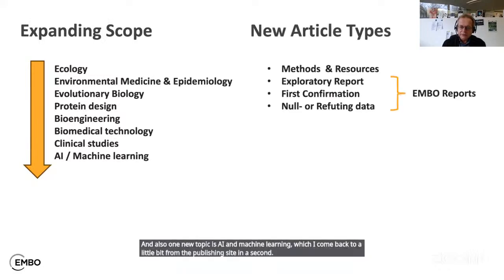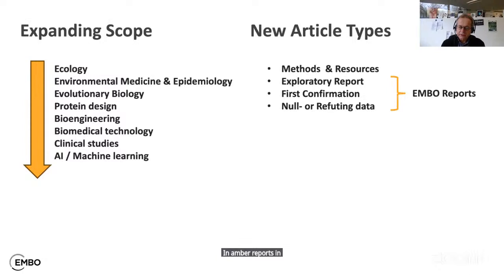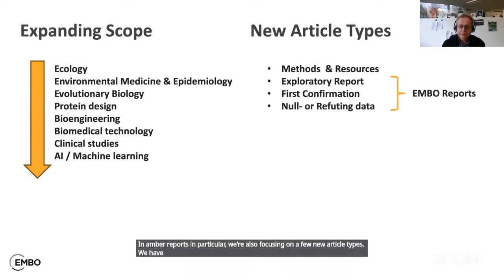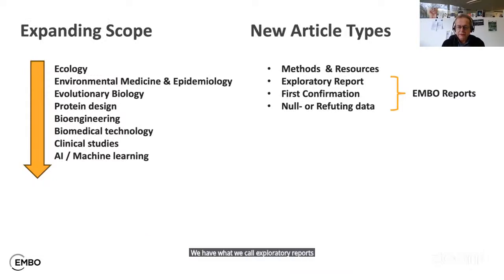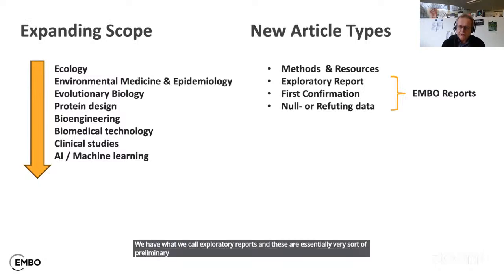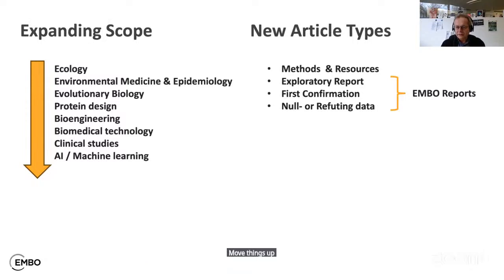In EMBO Reports in particular, we're also focusing on a few new article types. We have methods and resource papers. We have what we call exploratory reports, and these are essentially very preliminary but well controlled and provocative pieces of information that are not really well understood at this point, so in terms of mechanism and so on. So we're trying to really move things upstream a bit and encouraging people to share early on something really funky